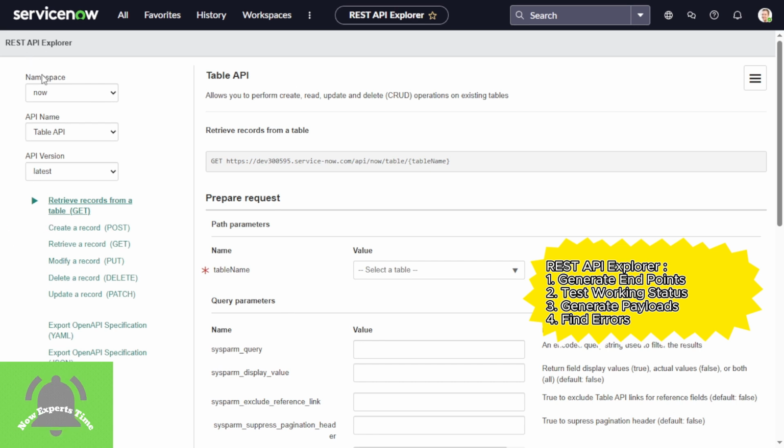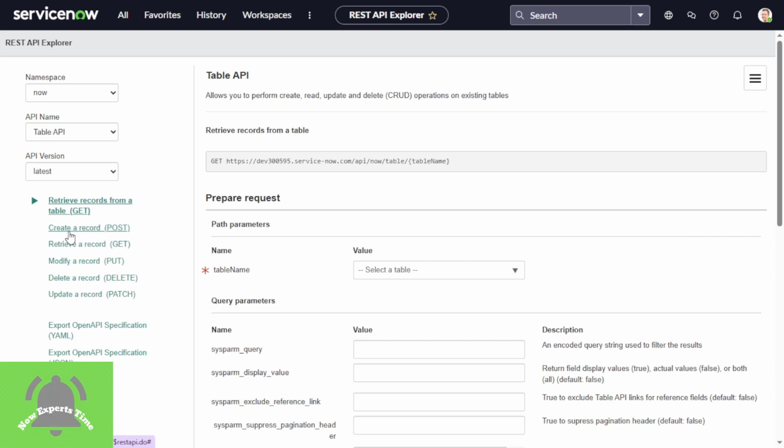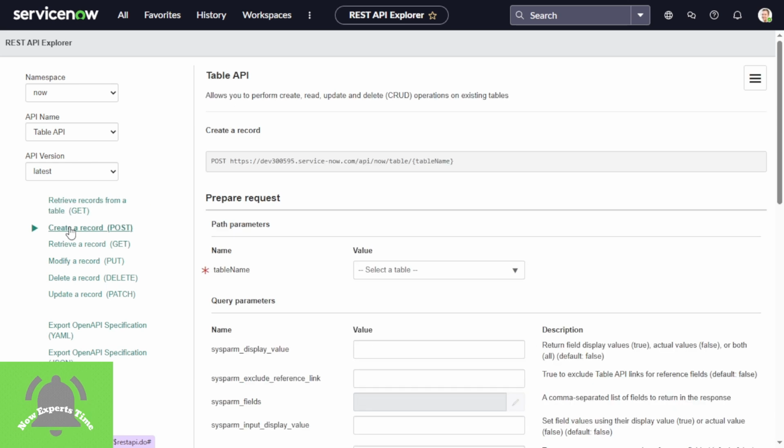Okay, so that is a different story. Next, we will come to here. That means we created a sample import set table, so we need to do our testing, right? To do the testing, we are using the REST API Explorer, and we are going to create the record. That means the third party is sending the data, and that record should be created on the ServiceNow side. Take this scenario: the third party is posting the data. The operation name is a POST operation. Just select POST, and